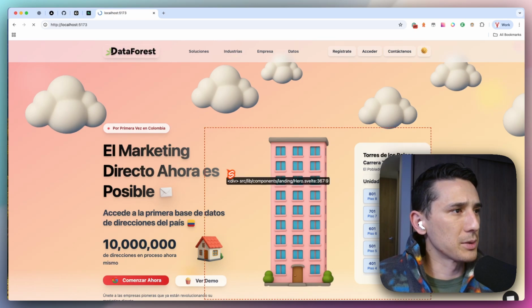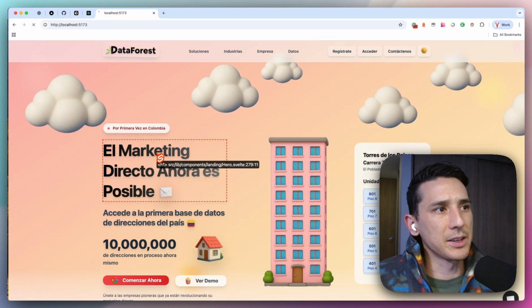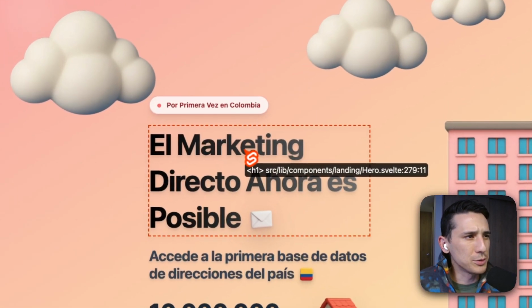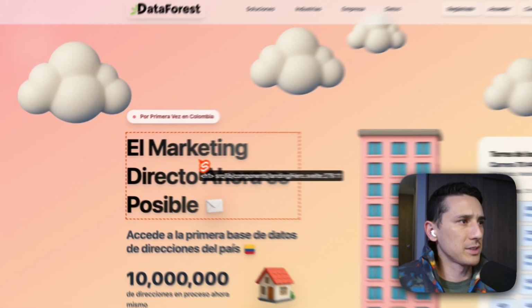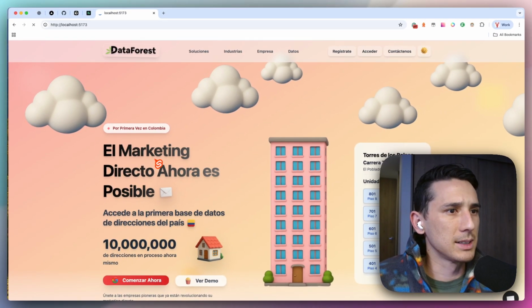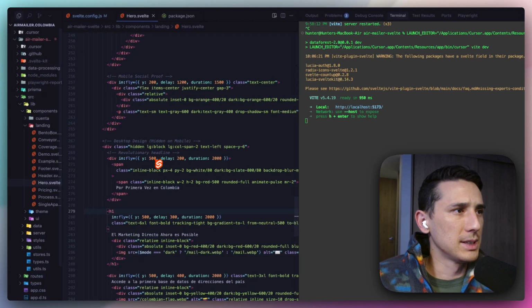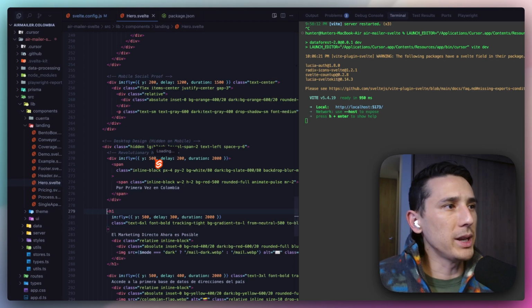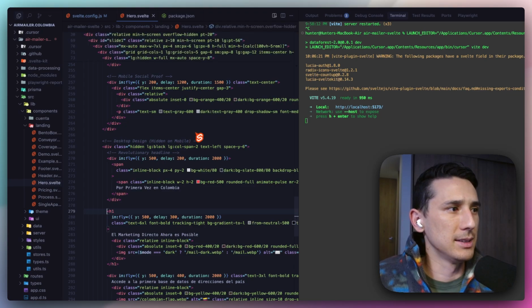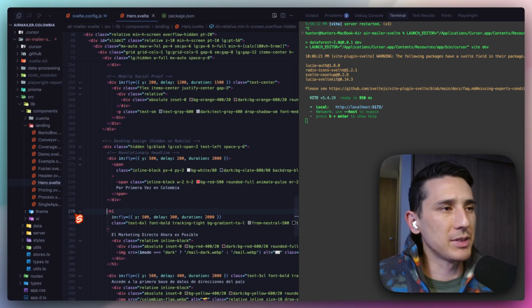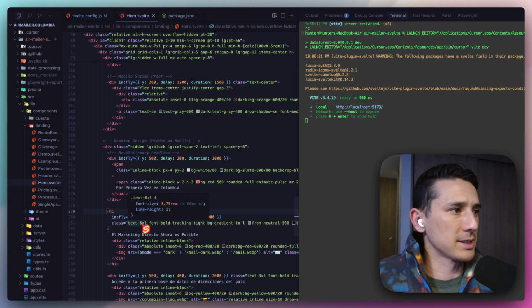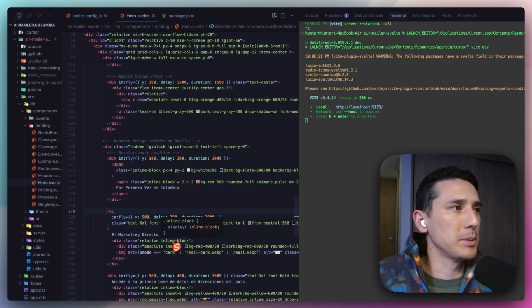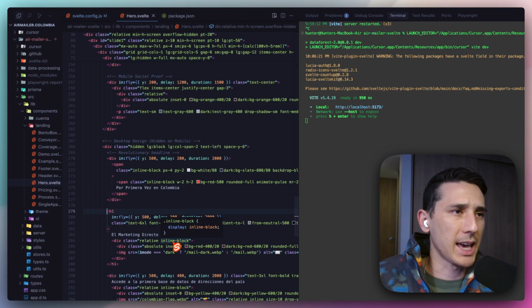This is the hero component. I can see hero.svelte line 279. Perfect. So let's just go ahead and click on that. And right now, Cursor is opening up not just the file, but it's also opening up line number 279. So perfect. And this is really helping me navigate files, especially if I'm doing heavy front end